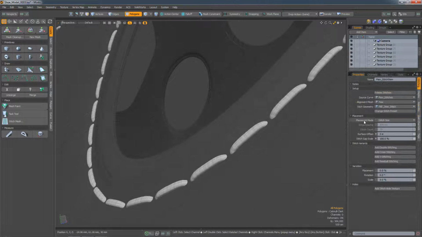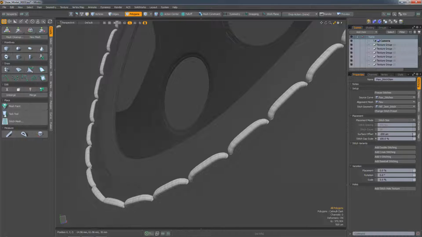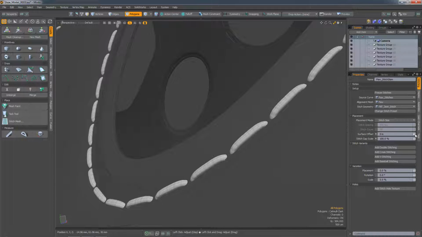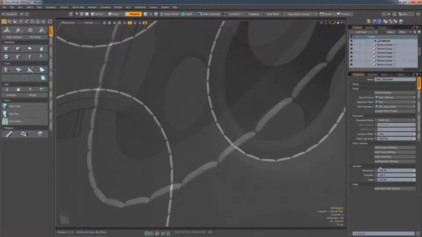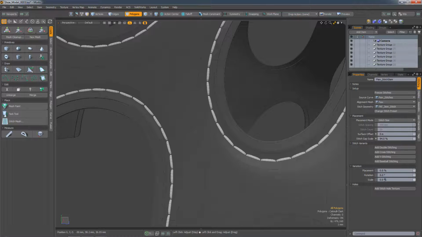You can then choose from various placement modes, but it defaults to the actual size of the stitch. You can then also offset the stitch from the surface if you need to. And you can also adjust the gap between the stitches if you want. So if I just reduce that, you can see it makes them a little bit closer together. You can also add variation to the placement of the stitch, but you'll probably want to use quite small values in this situation. So let's add 5 degrees of rotation to the stitch, and you can see getting slight variation